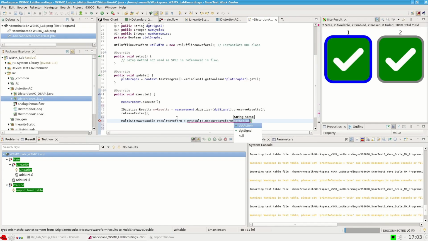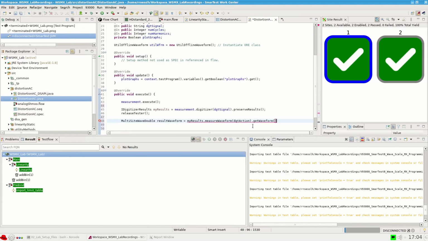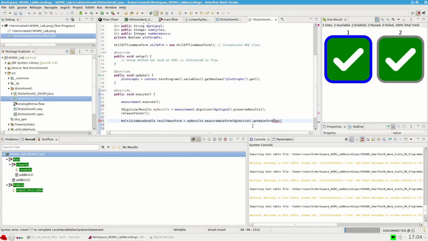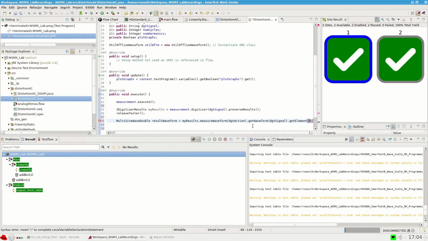It's gonna be applied on the DGT action here, so SmartTest is already providing this option. Gonna get waveform on the DGT signal. Why don't we get that one here? Signal and get element 0, since we only have